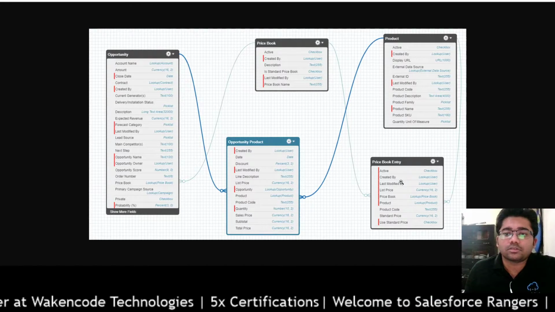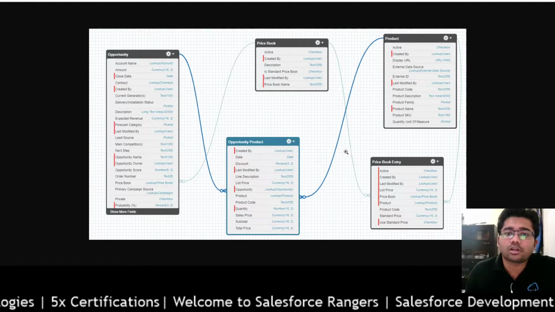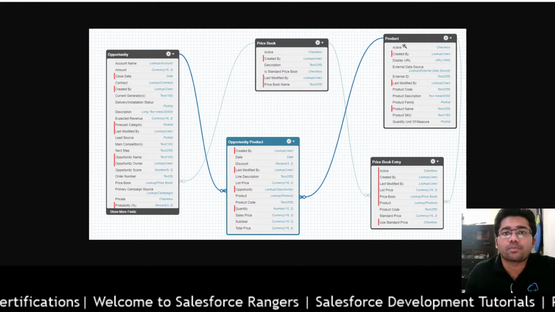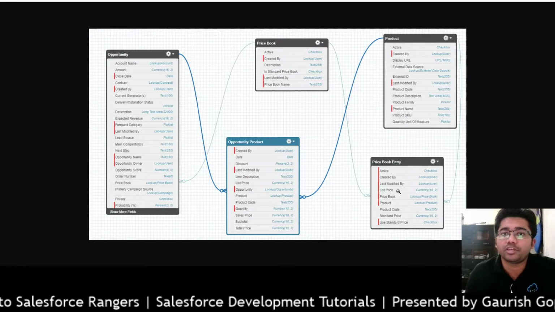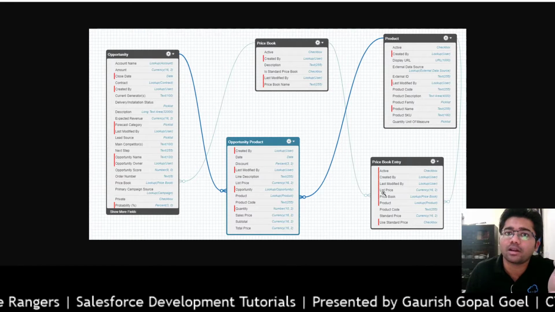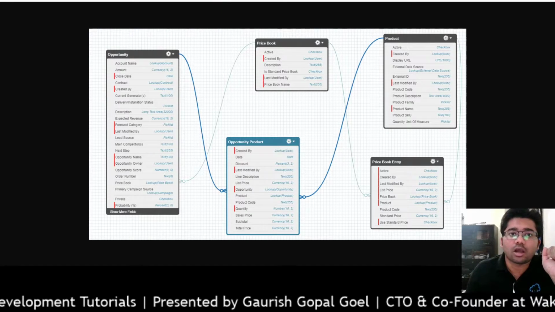So price book entry, we cannot relate product directly to the opportunity product. It comes via the price book entry. We need to attach a price book entry to our opportunity product in the back end. So now I am going to show you